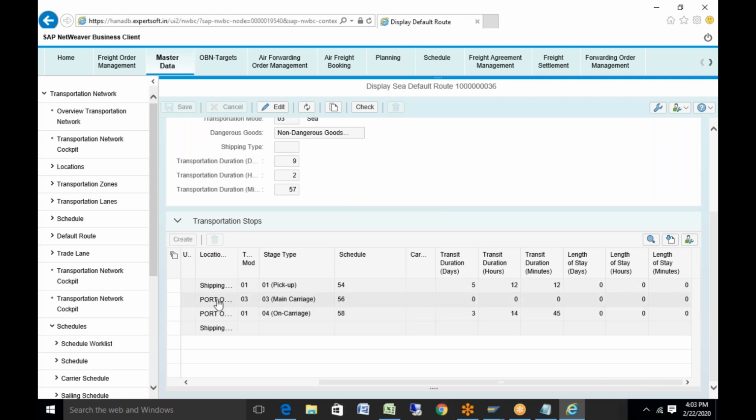Maybe for the first default route it goes from A to B, and in the next default route it goes from X to Y. Yes, you can do that. But then think about how much data you will have in the system; it will be huge. For example, to reach from point A to point B, they could go from A to C and C to B, or A to D and D to B. Yes, that is also a way.